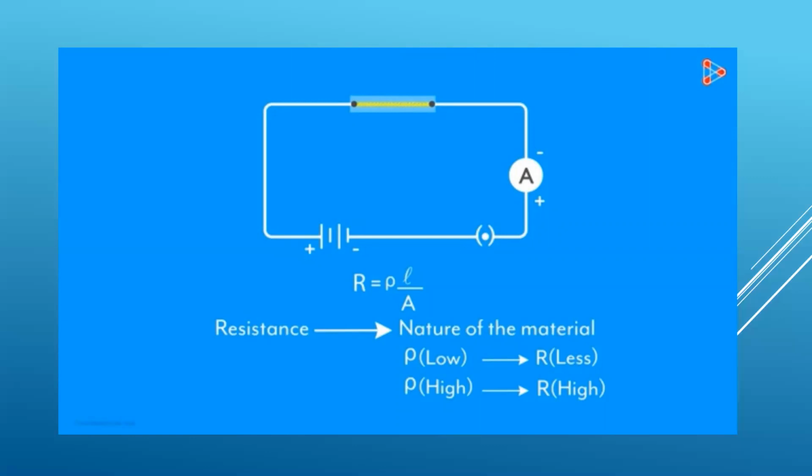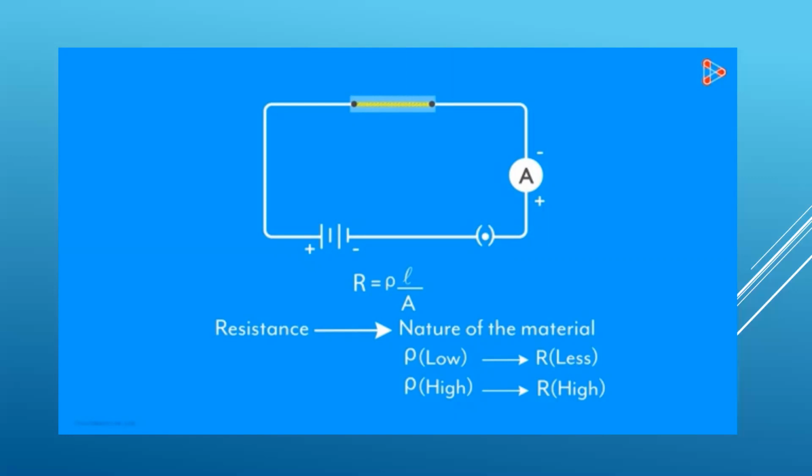Then what is current, children? Current is the charge passing through a conductor in unit time. I is equal to Q upon T, where I is electric current, Q is charge, and T is time. And the unit of electric current is ampere. Unit of charge is coulomb. Then the second last part I have covered is Ohm's law and resistance, which is a very important part, right?